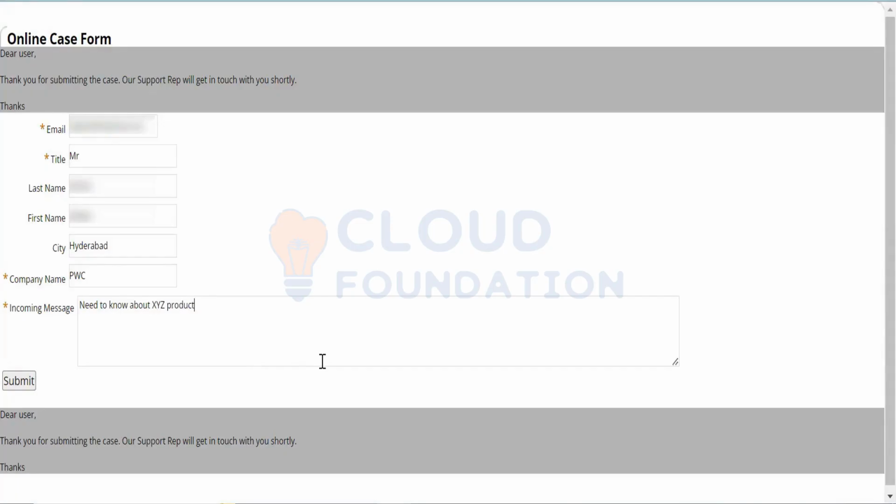This is how I do it here. You can actually specify two different messages. I have put in the same message for you over here, but you can specify two different messages. Like, the first one is "enter your details," and then at the bottom, "our support rep will get in touch with you shortly," something like that. So once you click on submit,